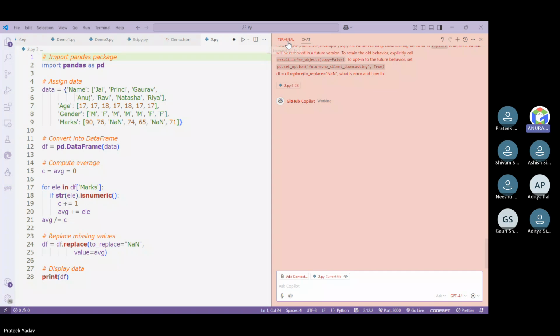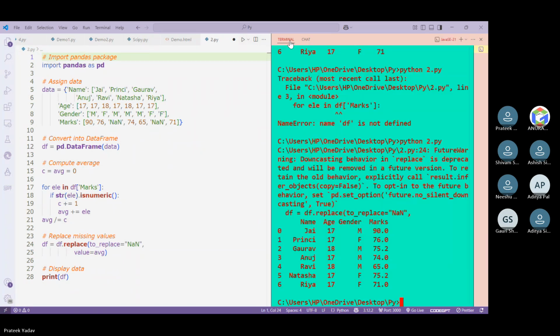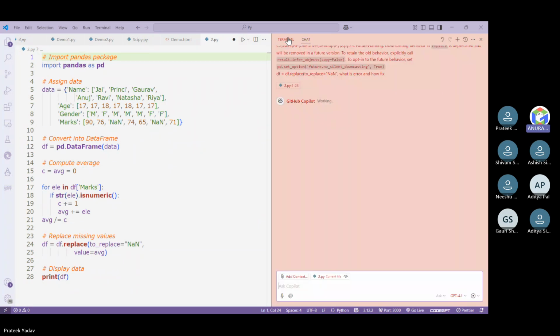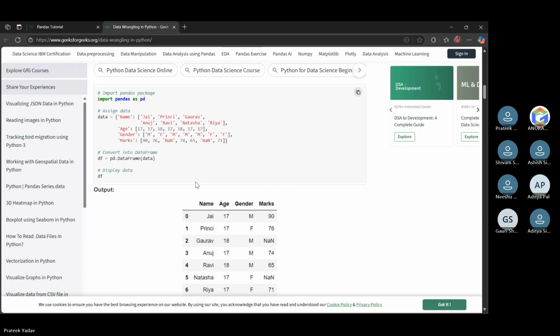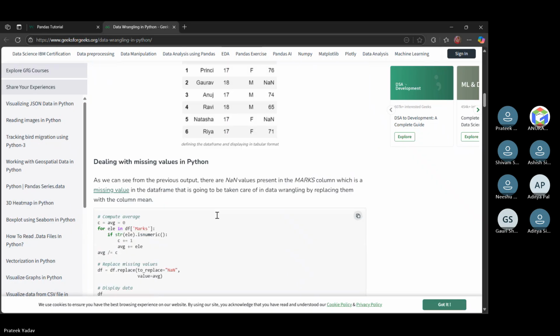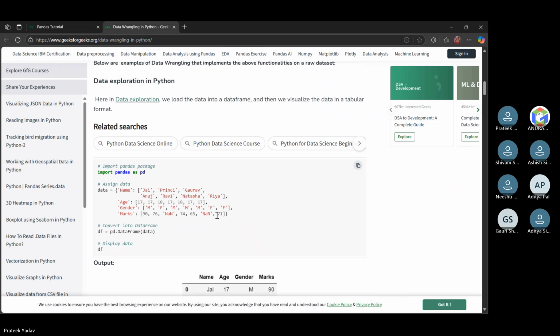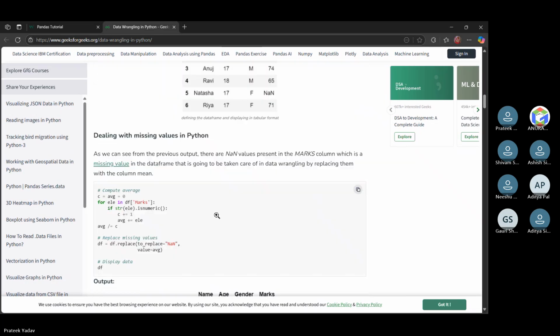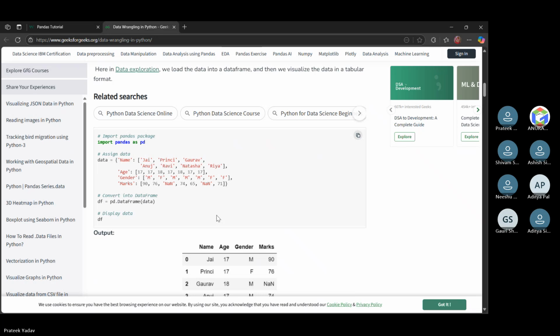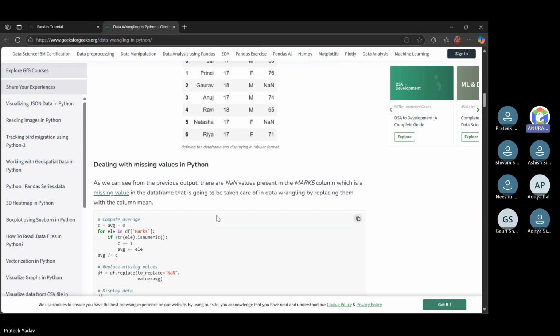And what is showing in the GeeksforGeeks website? What is the output there? Output is